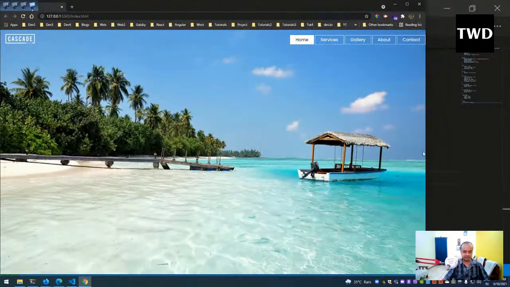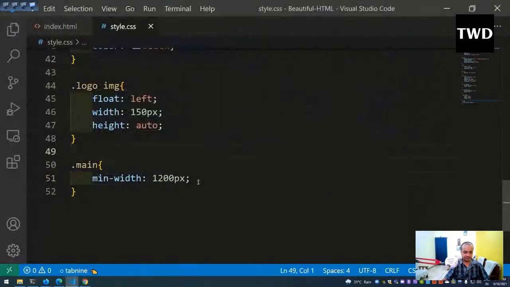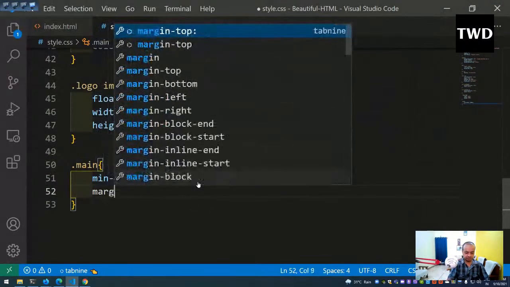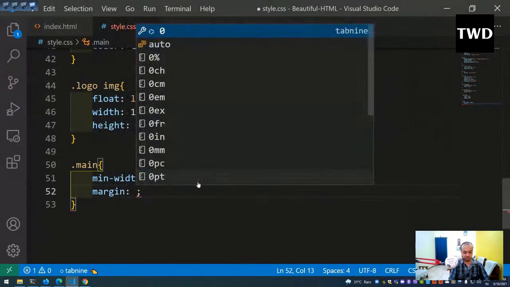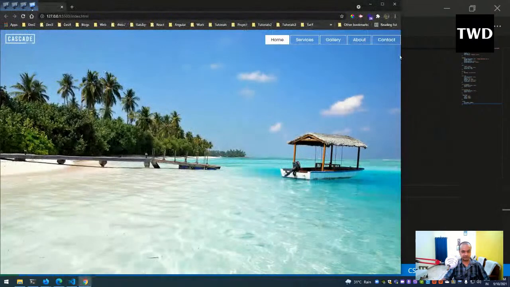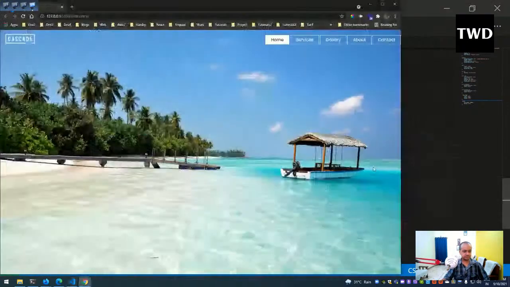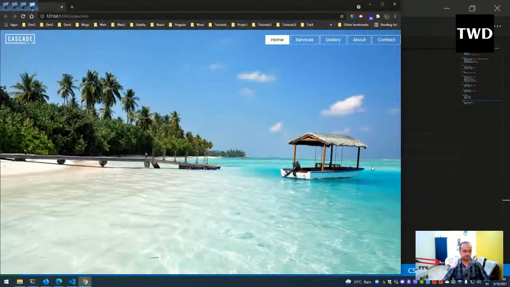Okay, and another thing which we have to do, 1200 px is okay, but it will not happen until we give the margin of auto. I will give it, and see, now it has moved a bit more. So max width is 1200 px, and margin is auto. Okay, so now what we are going to do,